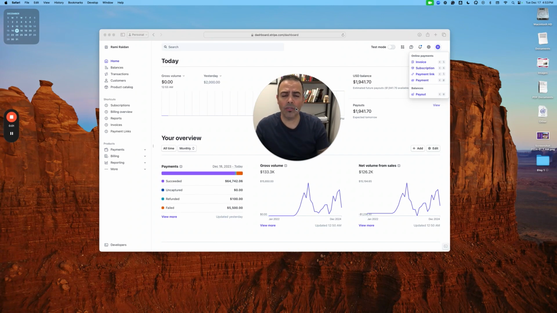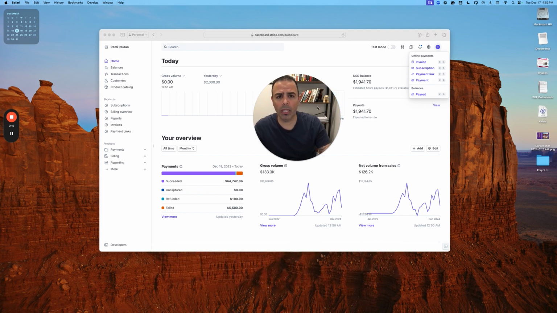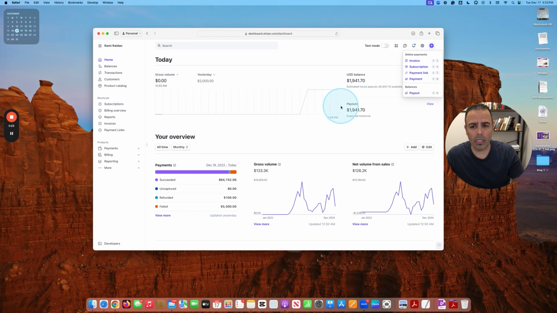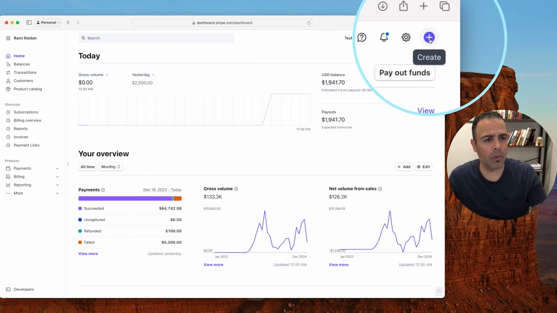Hey everyone, this is Rami, and in this video I'm sharing with you how to configure payments in Stripe and to know the different payment options that you can do, whether you're creating an invoice, subscription, payment link, or any payment plan. When you log into Stripe from the home page here, you can simply press on this create